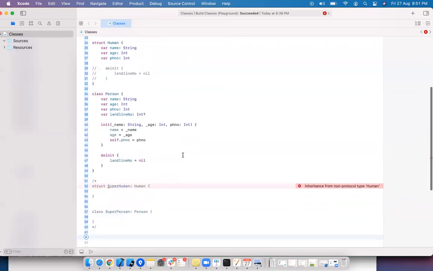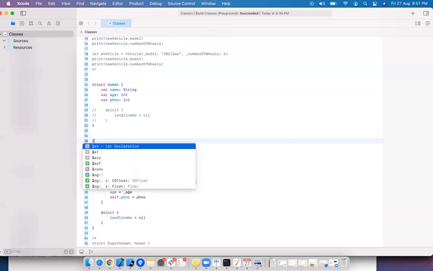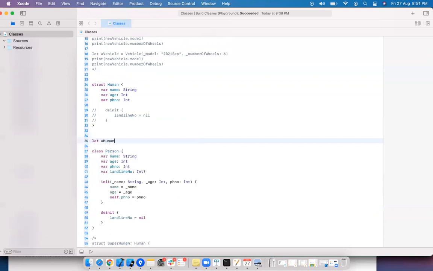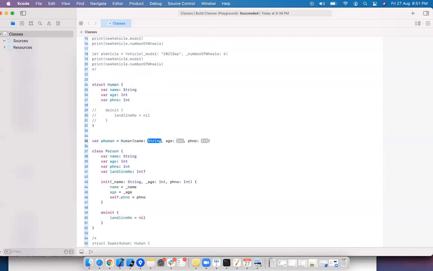Let me create a variable here for the human. Human is a structure. I'm going to create a variable. Let me make it a var, aHuman. I want to modify something. Human, I'm creating, let's say some name, some age, some phone number 1 2 3 4 5 something.